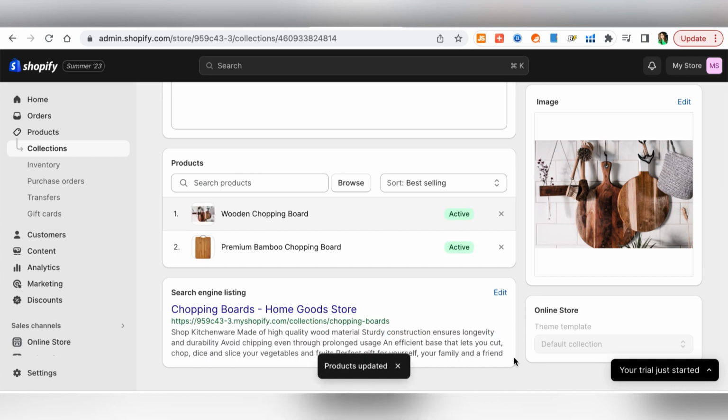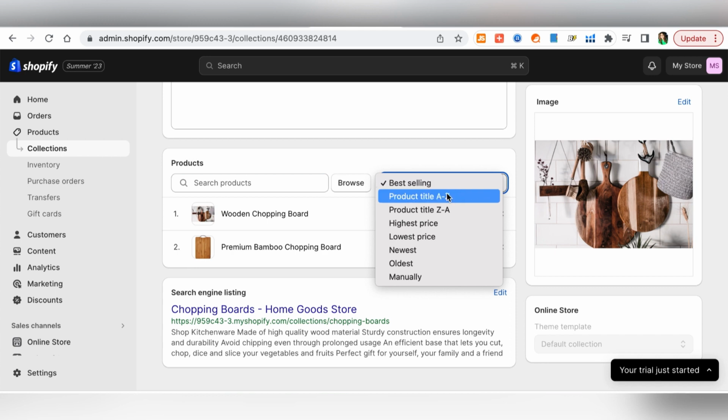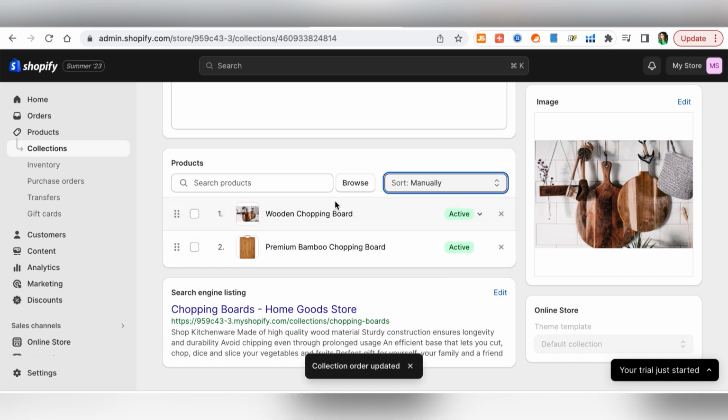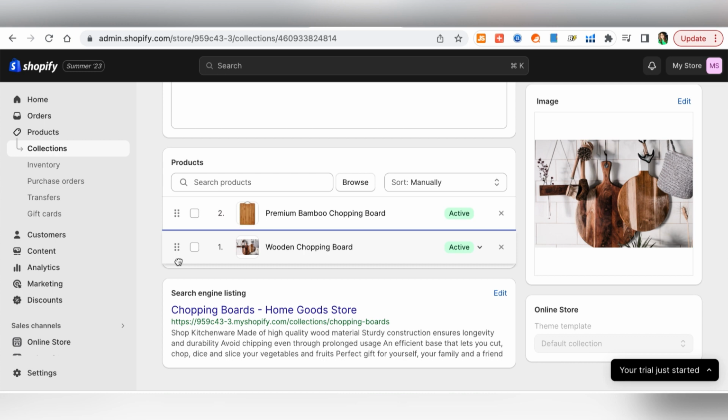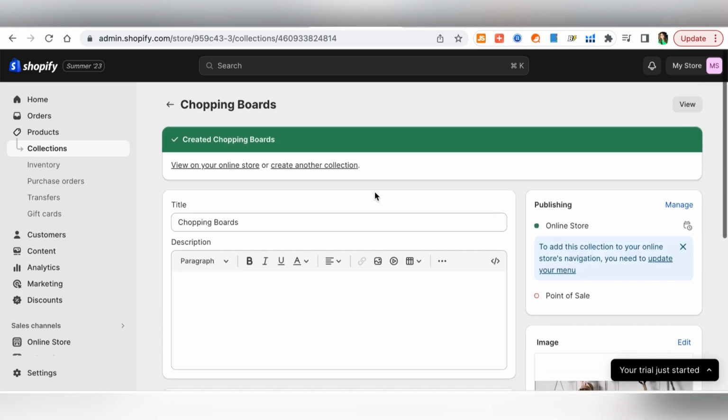Once you have them all here, you can choose to reorder them how they will appear in your store. To do that, you can click here on sort and choose one of these options. You could also choose manually. We are going to go ahead with manually, and now with manually, to reorder them, you can just drag and drop like this. All right, now as all that is done, we will scroll back up and go back,